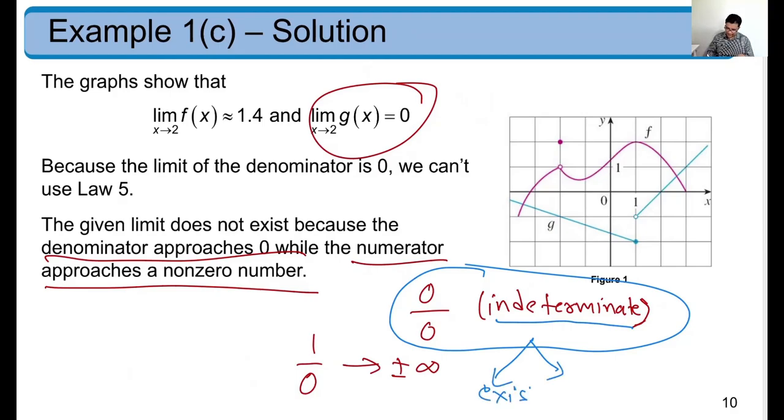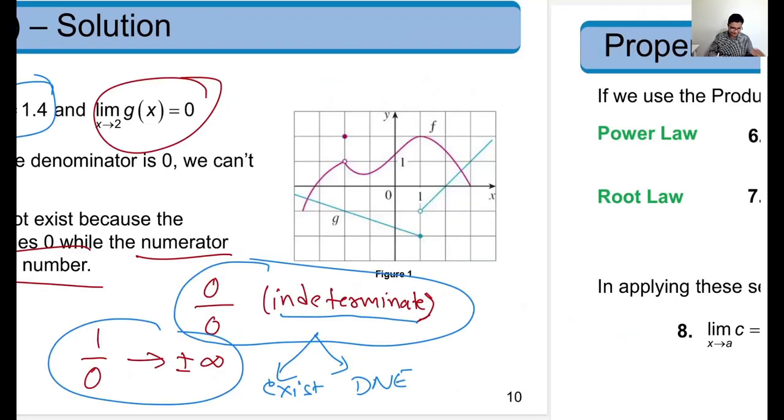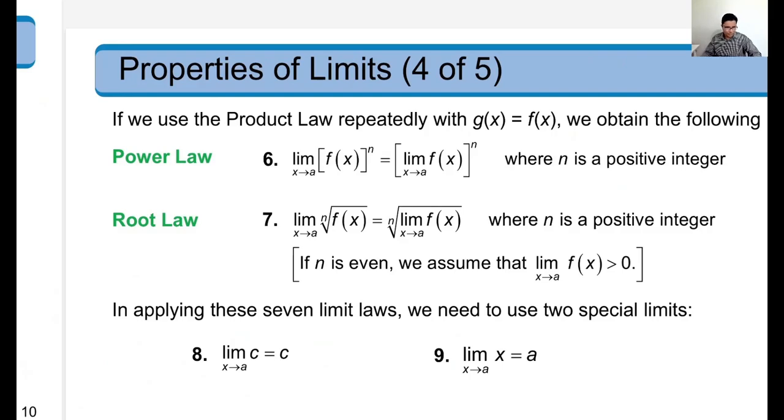Okay, and so I was saying it is important here that the numerator is non-zero and the denominator is 0. Hence you can say the limit does not exist. It's going to be asymptotic, plus or minus infinity. Okay. Moving on here,